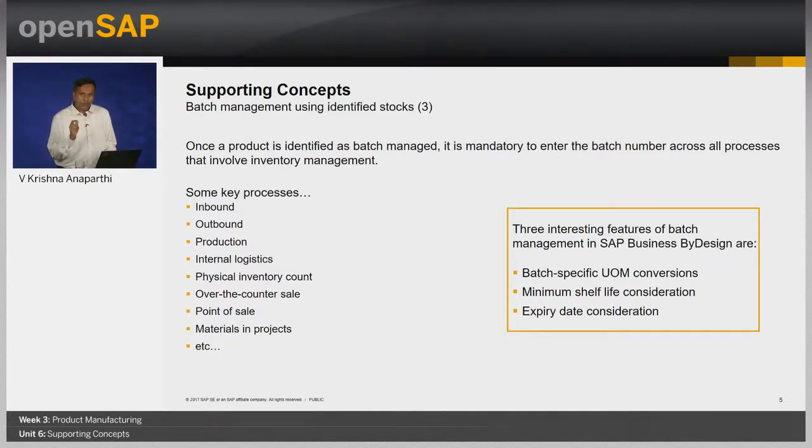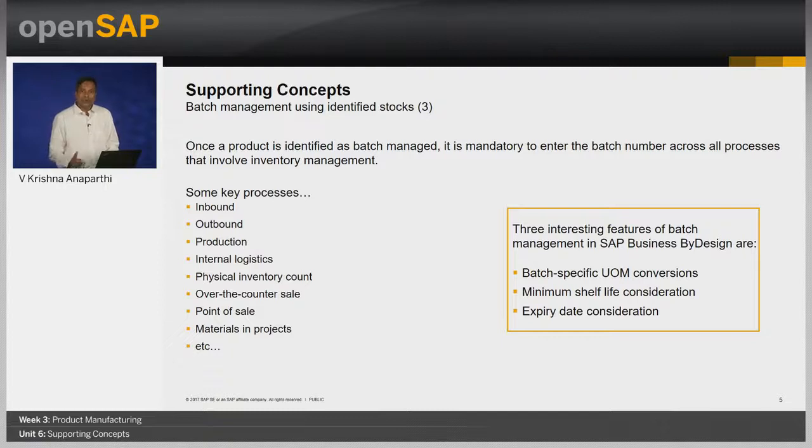There are three more important characteristics of batch management. First, batch specific UoM conversions. At times, it is required to maintain the UoM conversion at batch level. This is a very common requirement in the oil and gas industry, where the conversion between mass and volume units varies from batch to batch. Also, at a batch level, the user can maintain the expiry date to ensure that a batch which is beyond the expiration date is not used by the system in the execution process. Also, the user can maintain the minimum shelf life for a material at a site level depending upon their supply chain requirement.